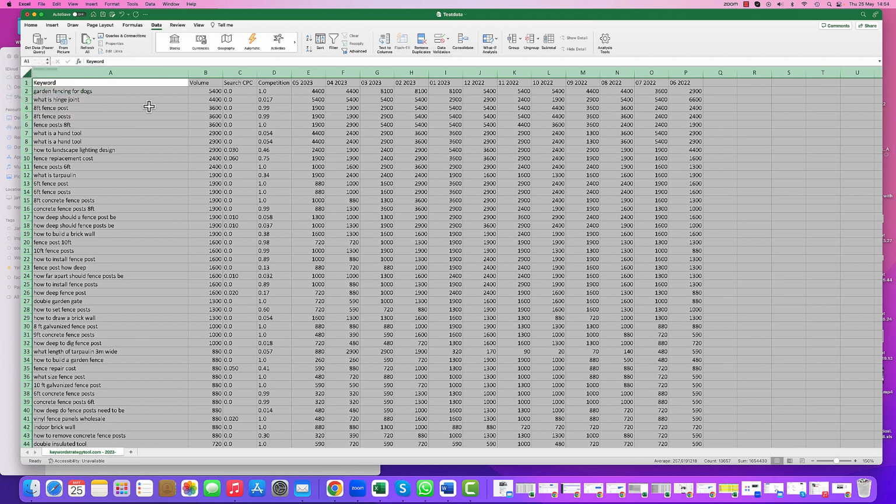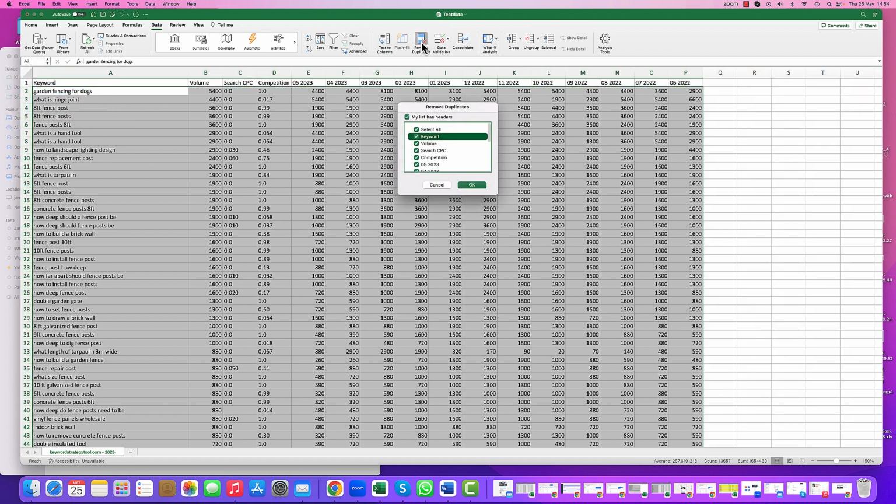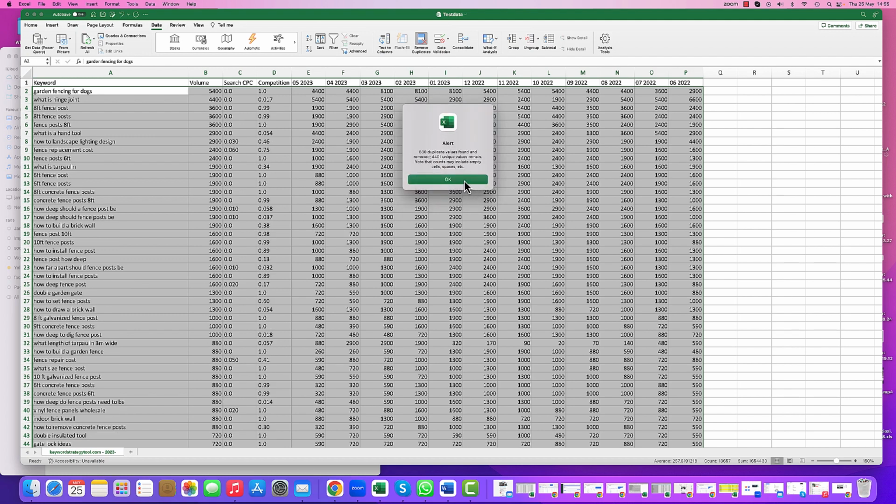So let's just get rid of that. All I need to do is click remove duplicates. It's asking me what headers I want, so I'm going to unselect them all and just do keywords, because I only want like here where it says what is a hand tool, that's obviously duplicate. So what we can do is we just click OK,